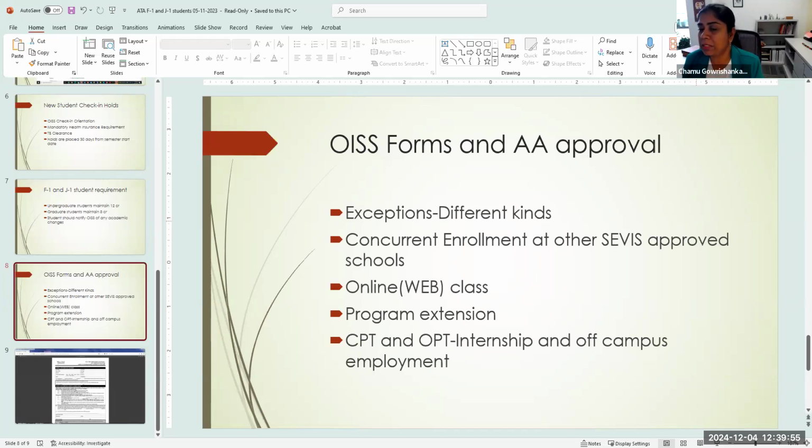That's their graduating semester. So if they are left with, let's say, 6 credits, and out of that they want to do one course here and the other course at the other institution, they complete the concurrent form. And then we verify that it's approved by the academic advisor. As long as they're registered for at least 1 course here, they can do that. They have to fill out both forms, and at least part of their courses has to be here. So if they are 8 credits, at least do half of the time here. Half, okay.